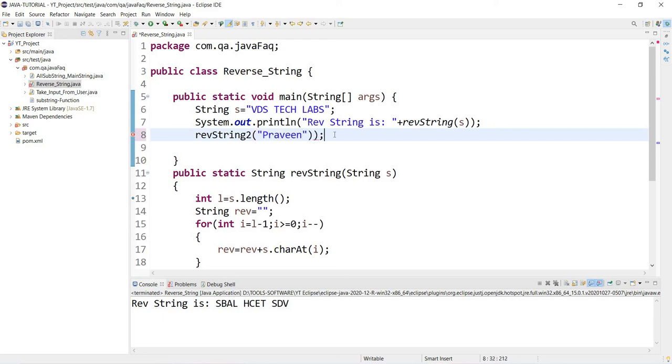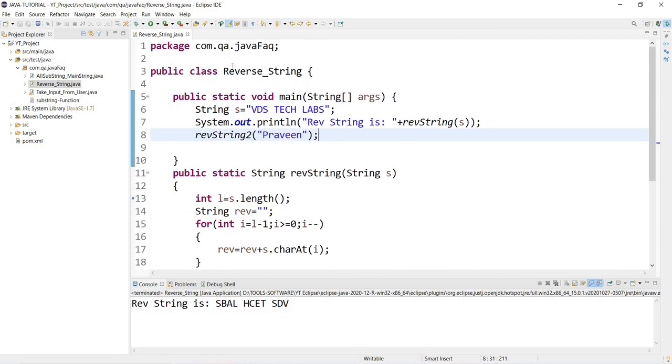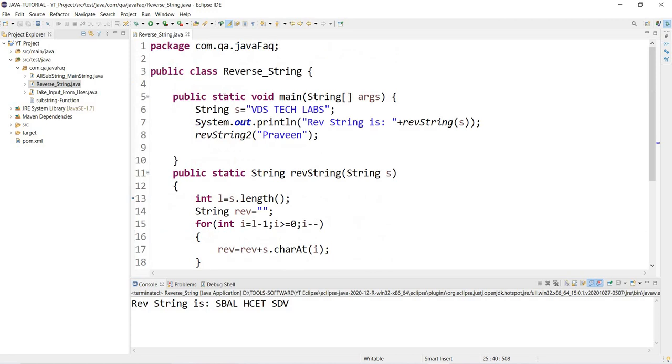Okay, there is no problem at all, so I'll remove this one as well. So see, now if we print this one, I'll format it a little bit. So reverse by sb, so that it makes it more clear.